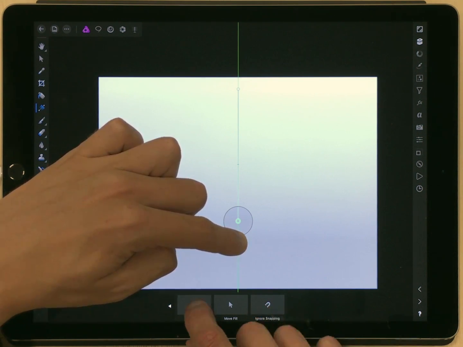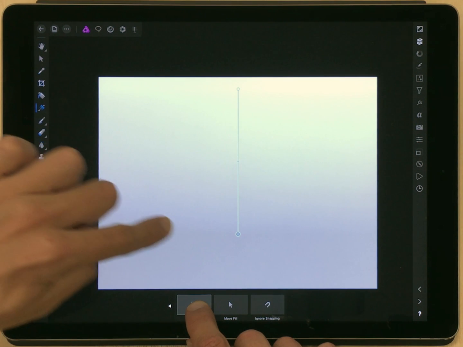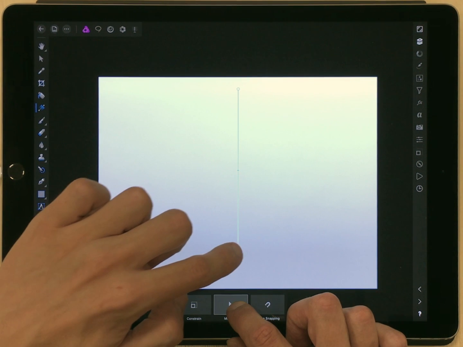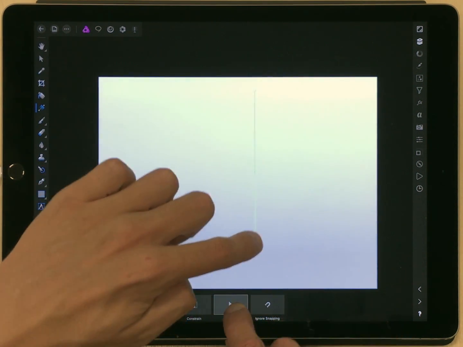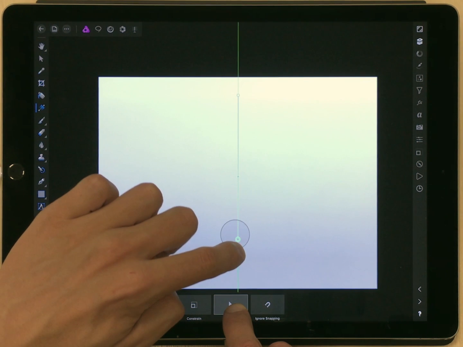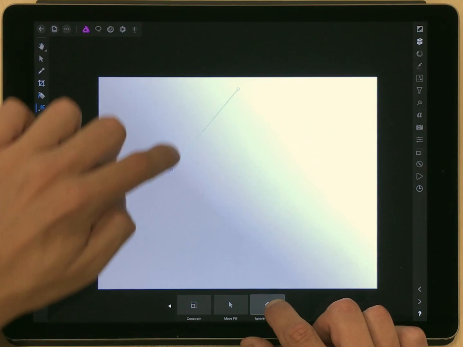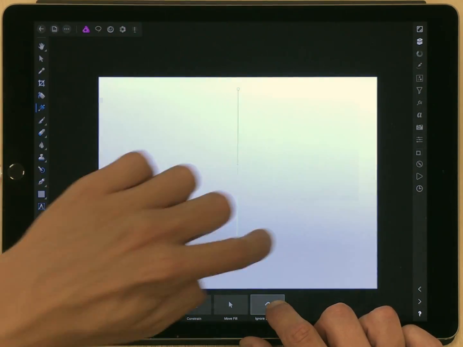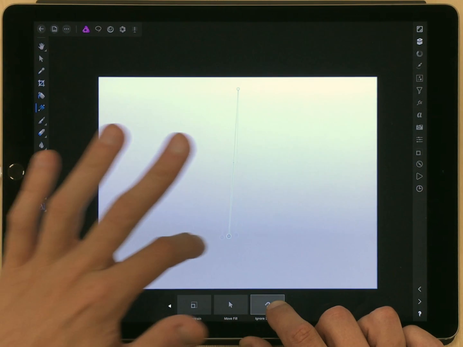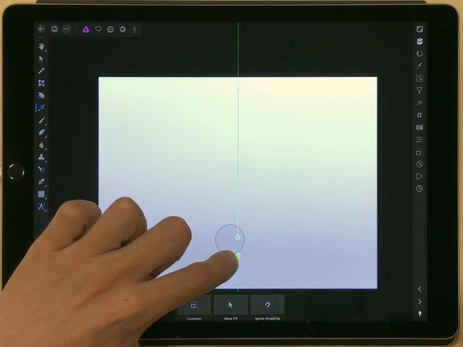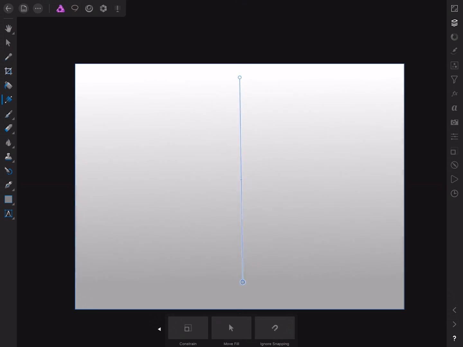So those include constrain, which will constrain the node stops to 45-degree angles, like so. Also, rather than moving the nodes, we can move fill, so we can move the entire fill just by holding down this modifier here, like so. And of course we have ignore snapping, which will ignore the snapping that I've got turned on. Notice I'm no longer getting the green and red snapping lines. Again, if I release ignore snapping down here, we then have snapping again, as we can see by the green